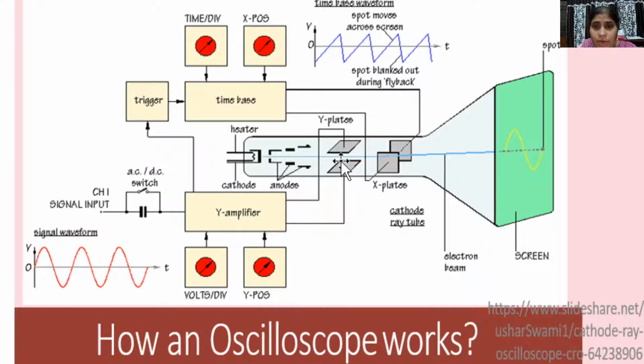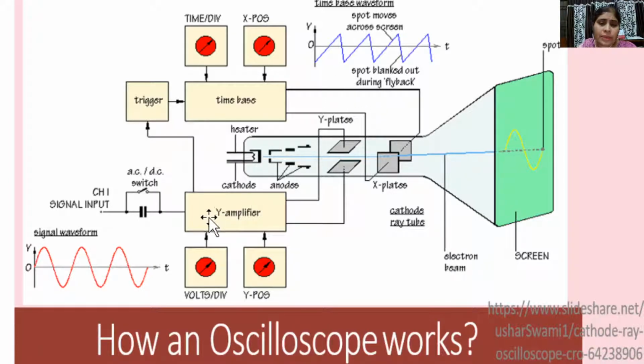So this signal will be available before the horizontal deflection plate signals. So if that happens, the electrons start deflecting in the vertical direction before they start moving in the horizontal direction, and we want to synchronize the signal available on the Y plate and the signal available on the X plate. So we want to synchronize the signals of the vertical deflection plate and the horizontal deflection plate. For this reason, the delay line is connected here.